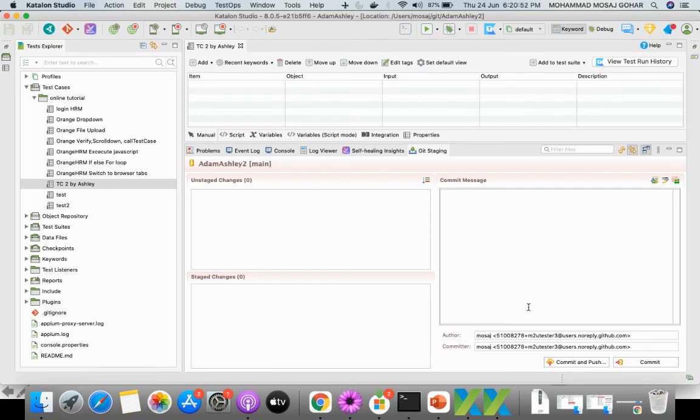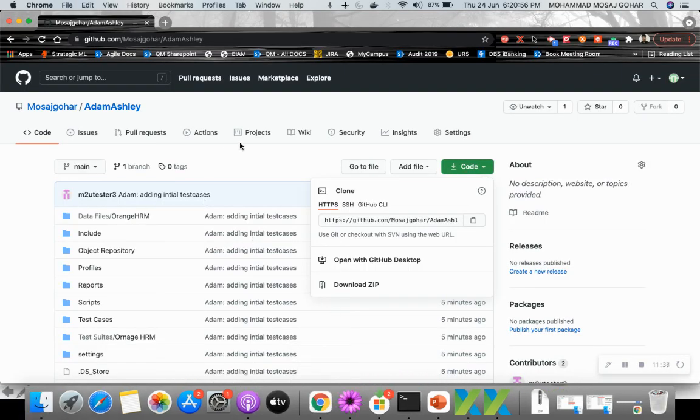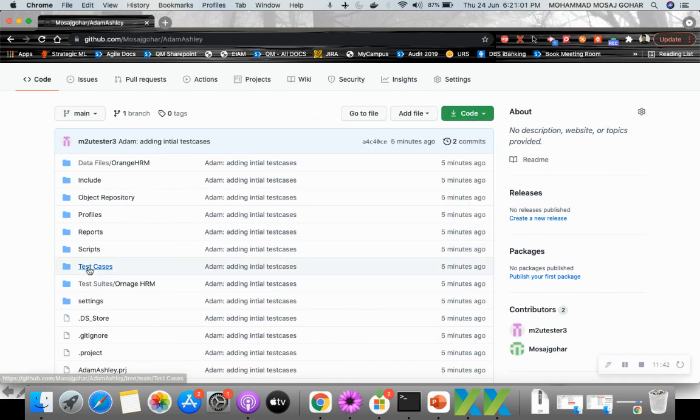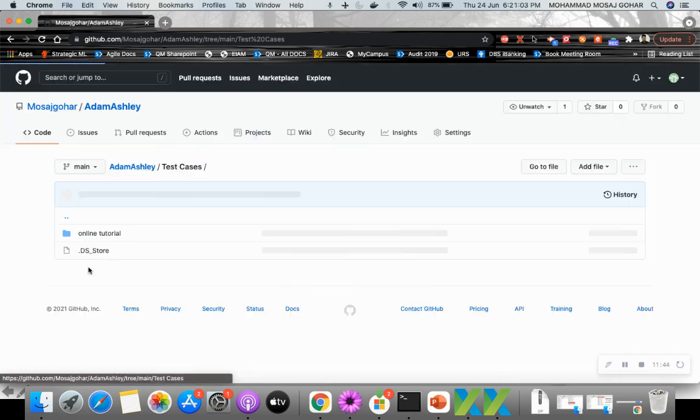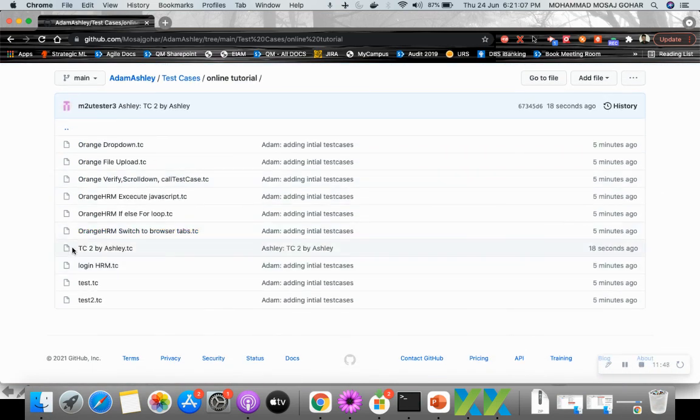Yes, this has been done successfully. So if we go to Git now and refresh our folder, we will see a new test case created by Ashley come up over here. Okay, yes. So the new test case that has been added by Ashley has been added to the entire test project. So the one final step is